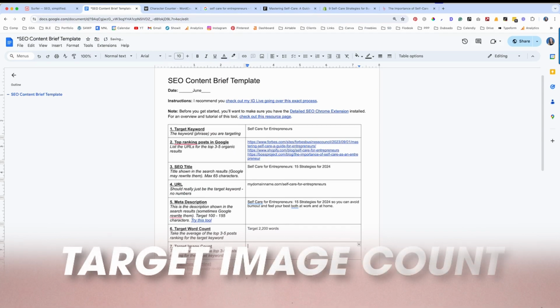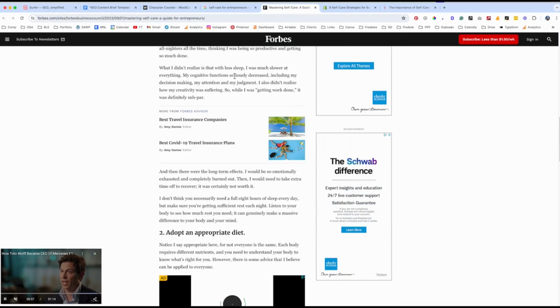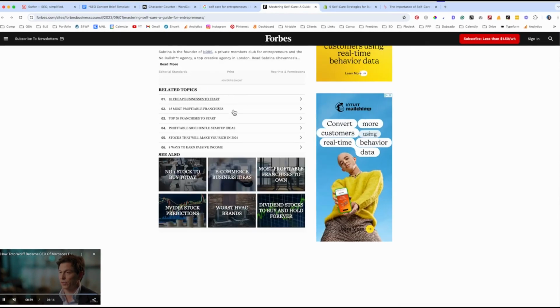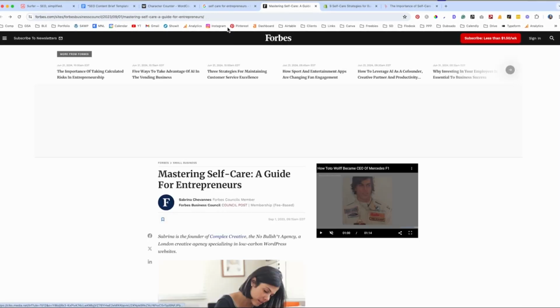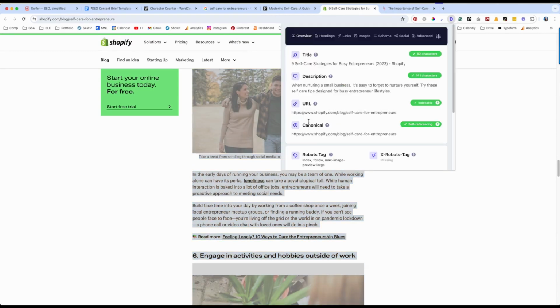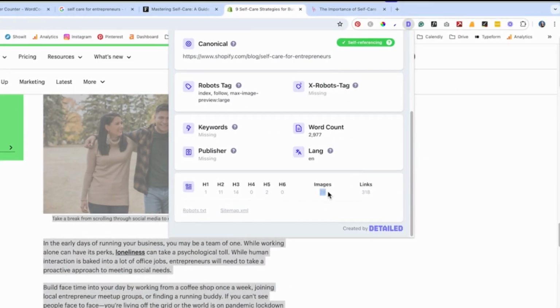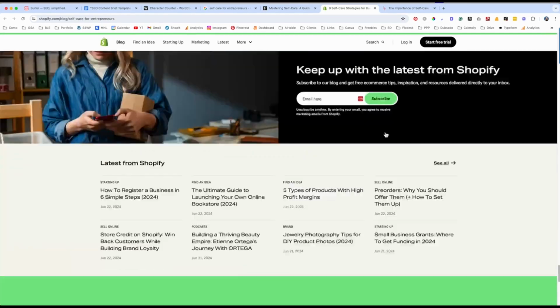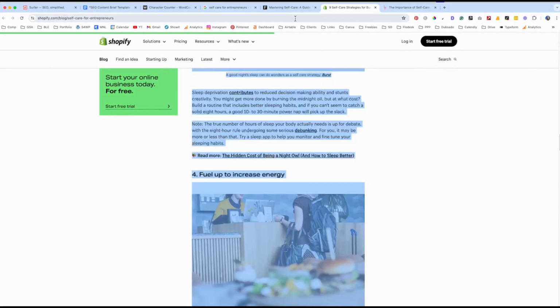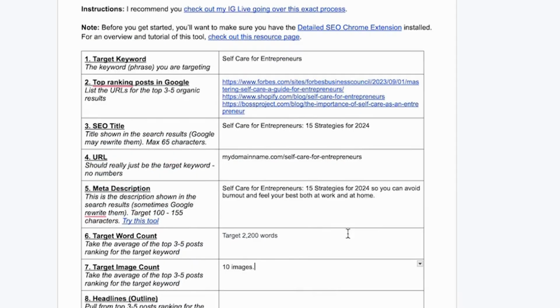All right, so now we're going to move on to get our image count. We can do that a couple of ways. We can just scroll for shorter posts. So we have literally one relevant image in this blog post. That is literally it. You can go that way to find the average. It'll also tell you that here, but see how this is counting 28. That's because it's including all of the images on the page. Okay, this one has even less. I think 10 is going to be a really good number. Maybe we'll even hit 15,